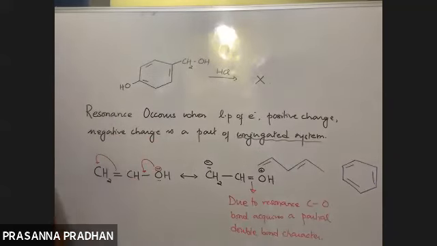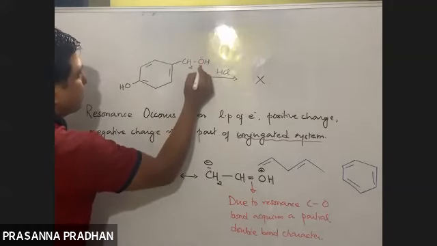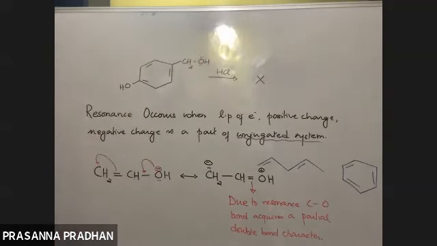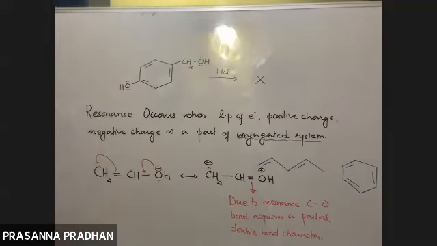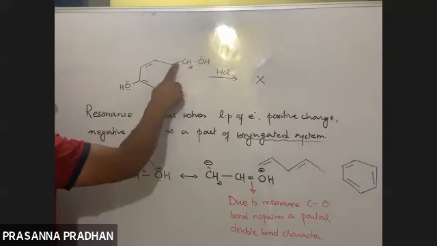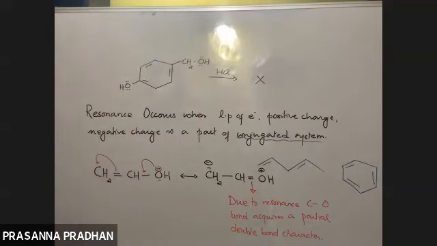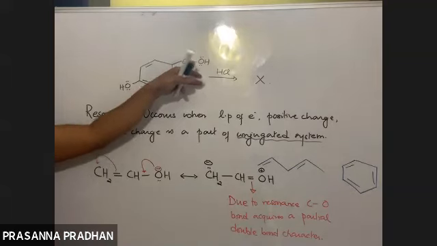Okay, now, we have two OH groups. We have this OH group, and it contains two lone pairs of electrons. This oxygen also contains two lone pairs of electrons. Now here we see, after the lone pair, what do we have? Single bond and single bond. So is this lone pair a part of a conjugated system? After the lone pair, single bond, single bond. So it's not a conjugated system.